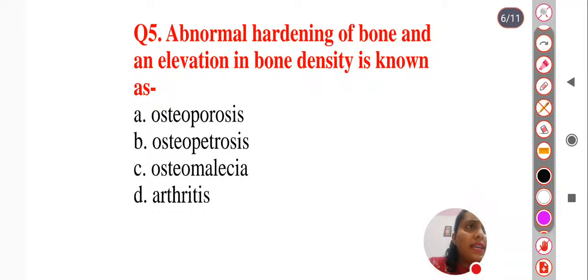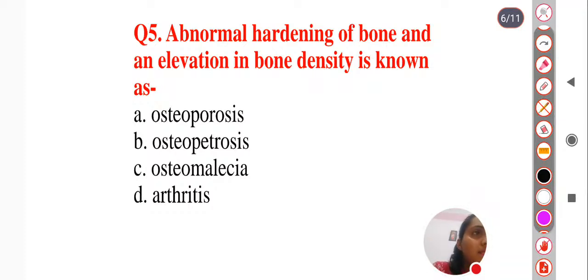Kanika has answered D. Kiran Chauhan D. Akriti Sharma D. Lovely Rana D. Diksha Barwal D. They are asking about the abnormal hardening of bone. Please read the question properly. Diksha Barwal D. Everyone has answered D,